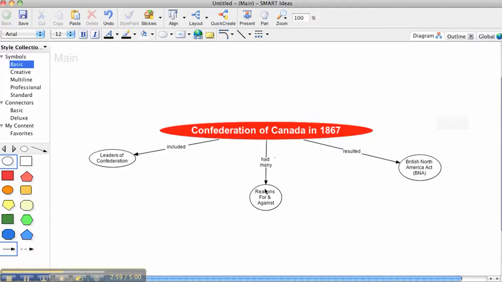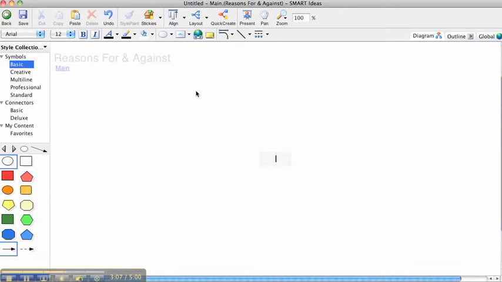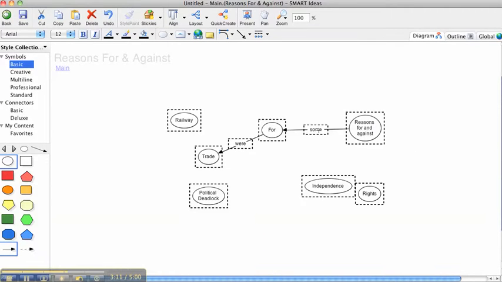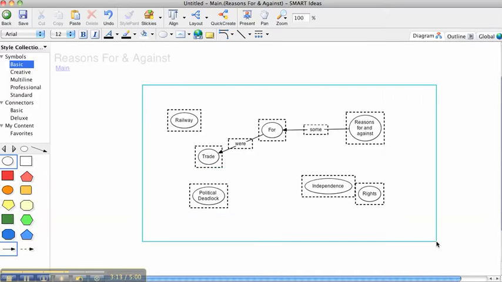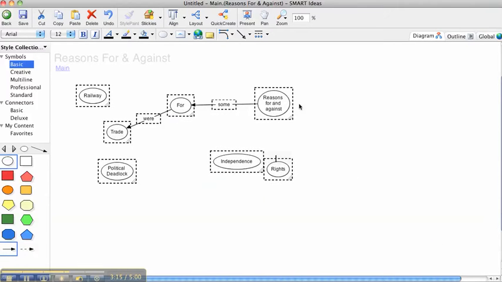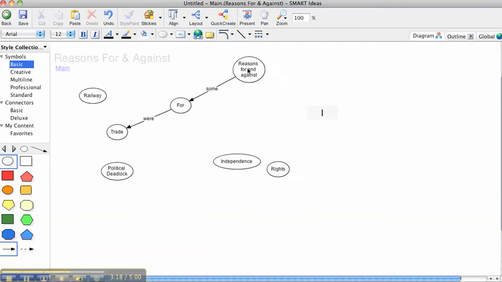And one of the ways I can do that is build concepts underneath. So when I click on this, now I get this little arrow. I can click on that, and now under reasons for and against, I can build a sub-concept, right? So I built this ahead of time, so I'm going to come in here, and these are some of the reasons for and against. So some of the reasons for were trade, which included